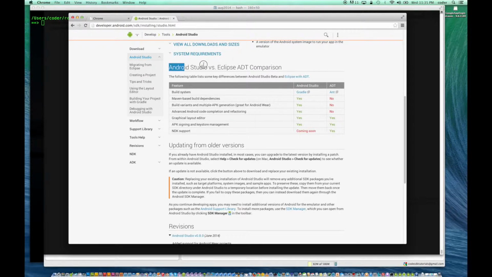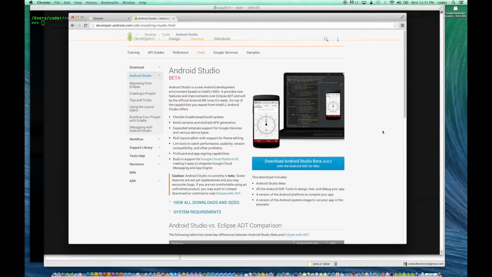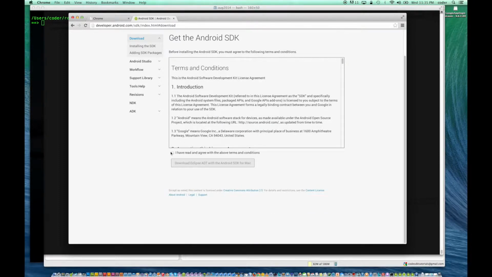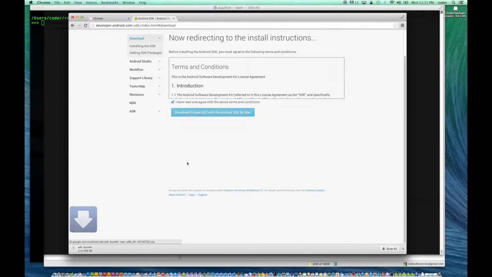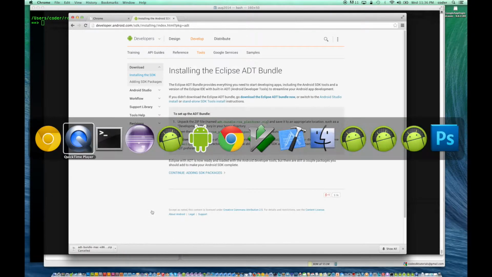Here's a comparison between Android Studio and Eclipse. So in this tutorial, we're going to follow the steps for Eclipse. So you'll be clicking on this link, and after you follow all the steps, it should give you this zip file which you unzip. I've already done that, so I have an instance of Eclipse on my computer called Eclipse ADT, which is open